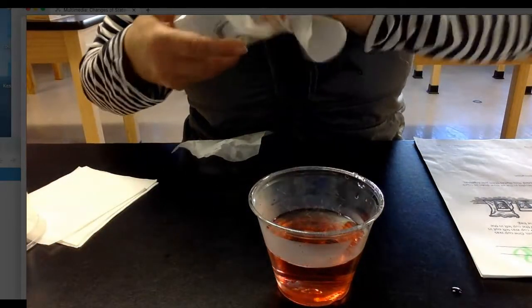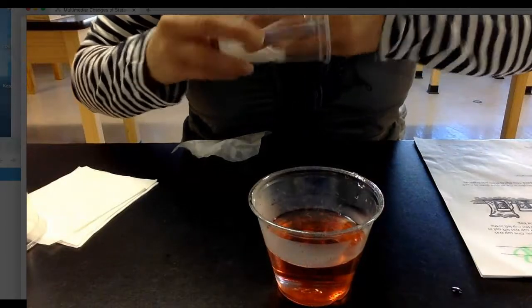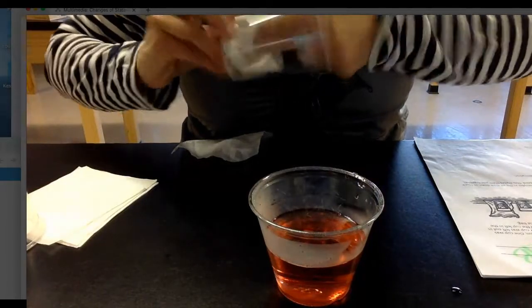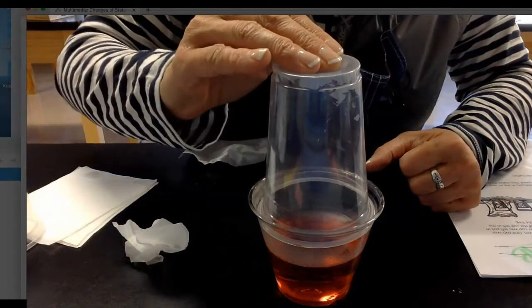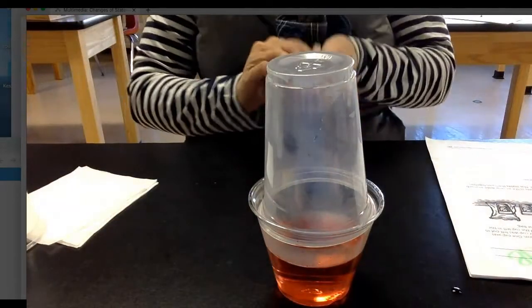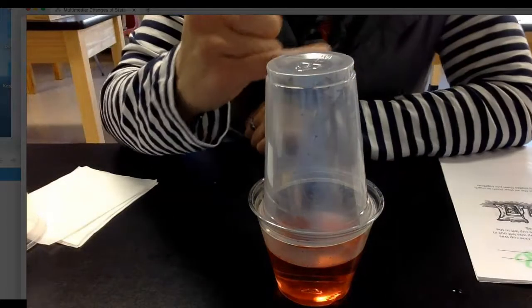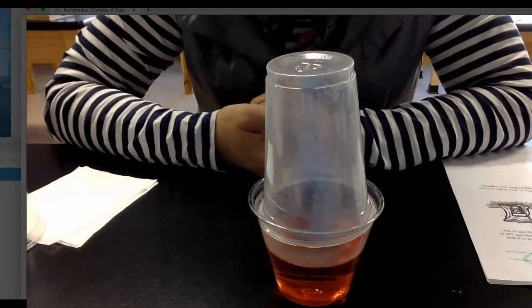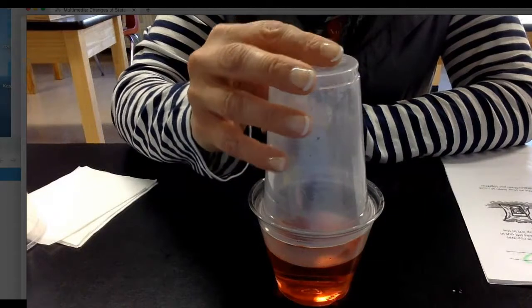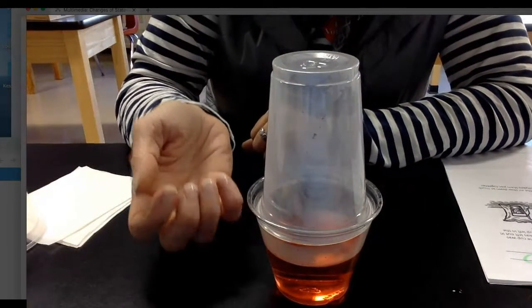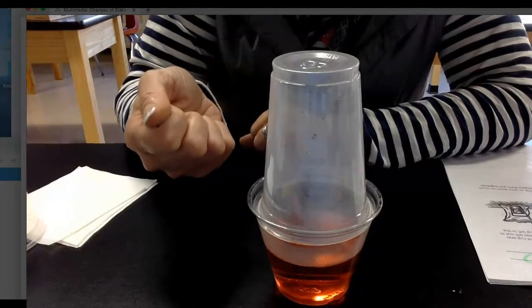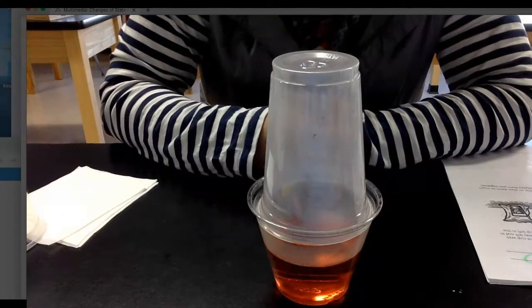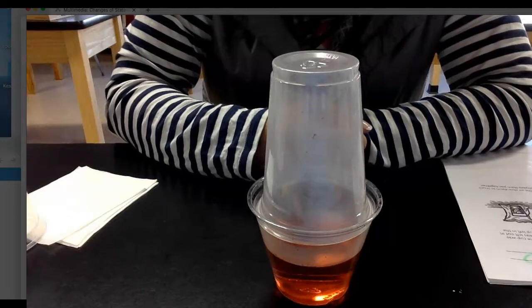Okay, put a dry cup here. I'm going to put this on top, and I want you to predict what will happen to the condensation. Do you think this red will follow the molecules up in evaporation and be present in those water molecules when they condense on the side of the cup? What do you think? To give you a little bit of a hint,